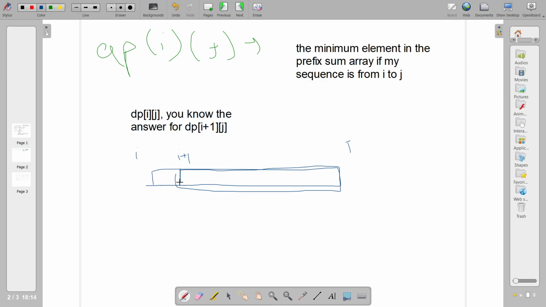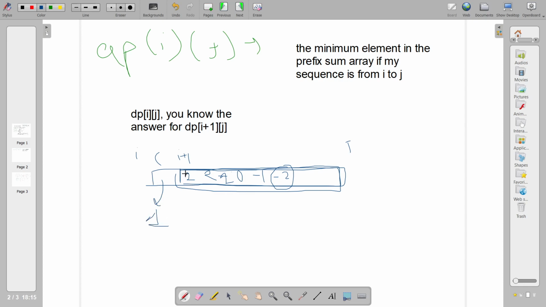Suppose the prefix array for this sequence completely looks like 1, 2, minus 1, 2, 1, 0, minus 1, minus 2. And so the minimum value is, say, minus 2. Now if you want to find the answer for I to j, suppose this is an opening bracket. If this is an opening bracket, then this value would be 1.